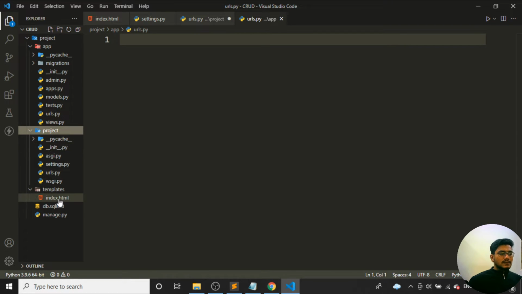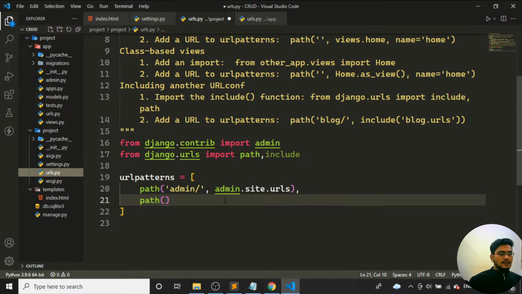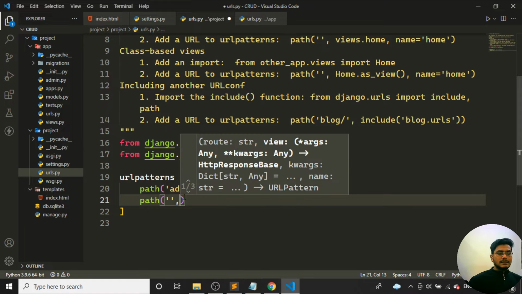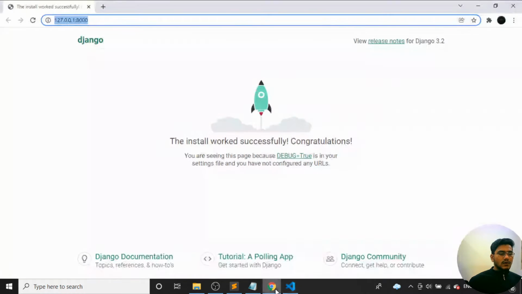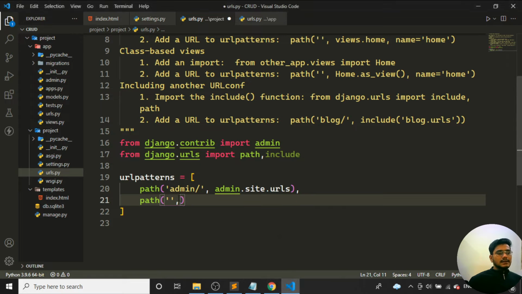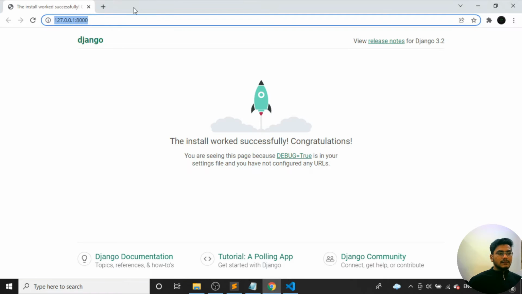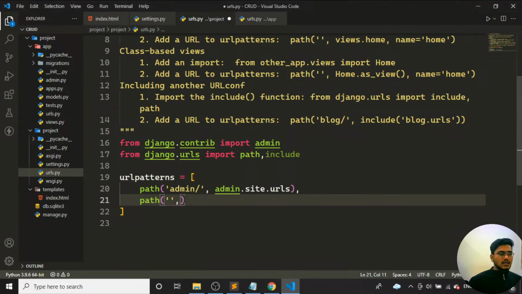Then come back to the project URLs. The application URLs I have created now, but the project URLs were previously written. So in the URLs I'll say whenever I get the IP address, that is nothing but this empty string. You can also use a slash, or keep it empty. Whenever I use just single quotes with nothing or double quotes with nothing, you need to understand I'm redirecting to the home page, that is, the localhost URL. So whenever I'm getting this request, the home page URL request, I want to include something.